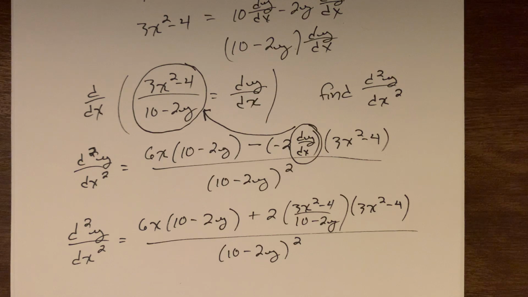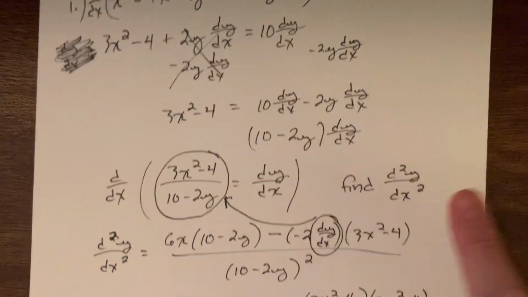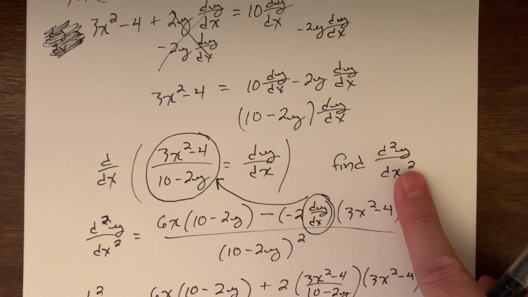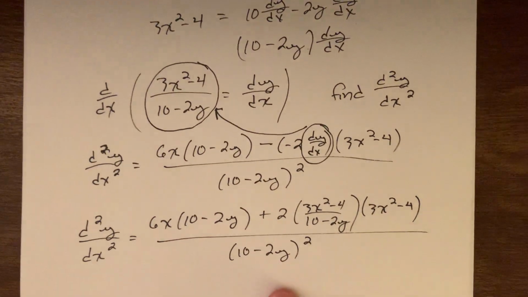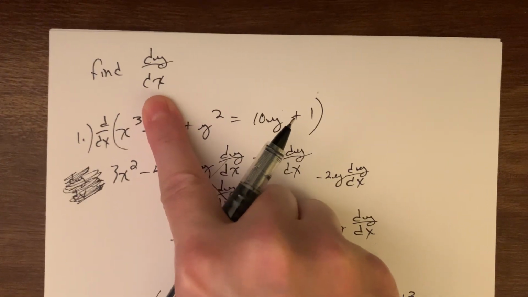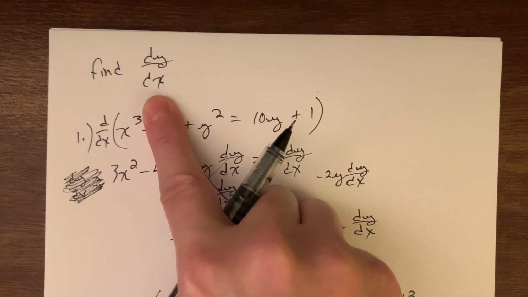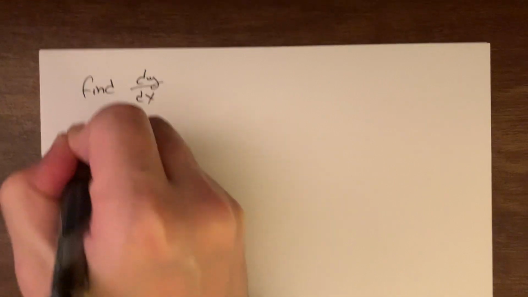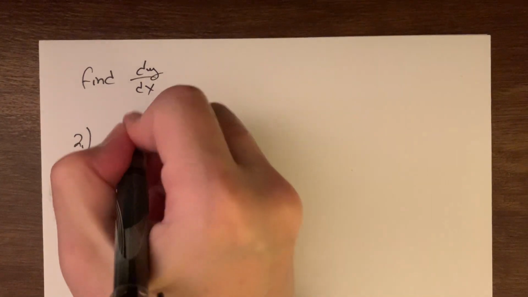So, okay, a lot from that first problem. We started by just saying find dy dx, but then after we got here, pointed out how we would find the second derivative. So if the problem said find the second derivative right off the bat, all of this was our process. But now, like I said, let's get back and just get some more practice with just plain old finding dy dx. Applying implicit derivatives. So let's find dy over dx. This is number 2. Let's take a look at